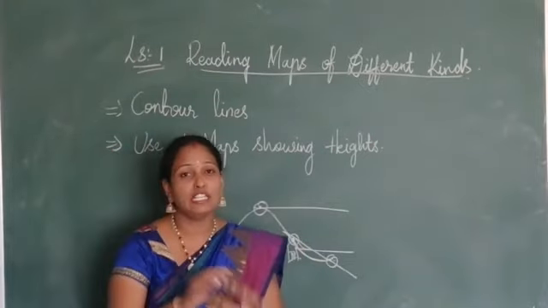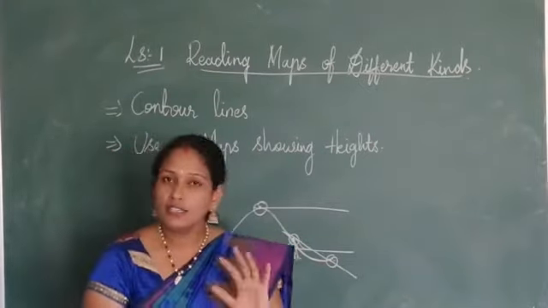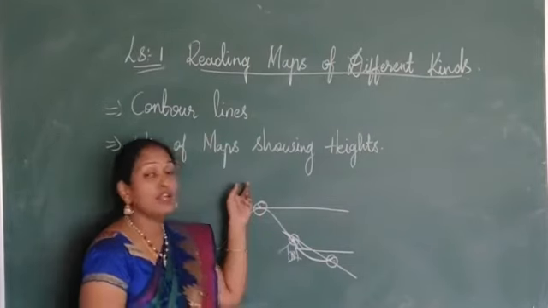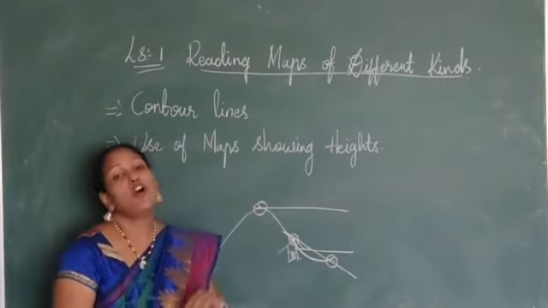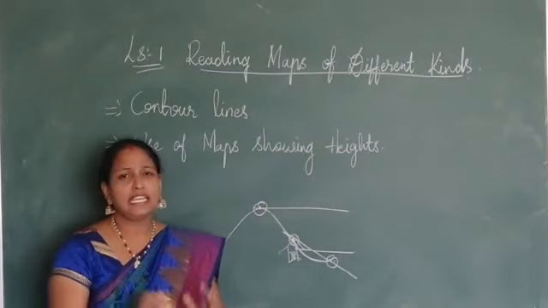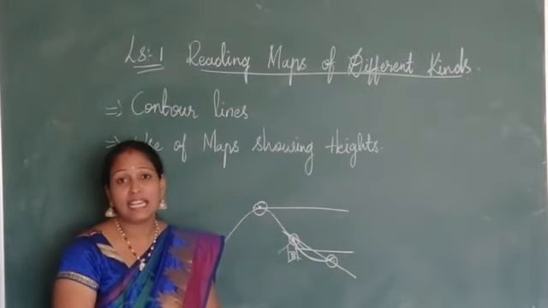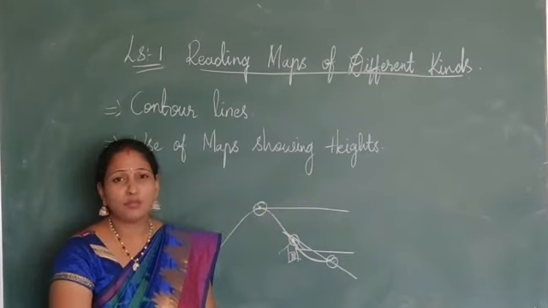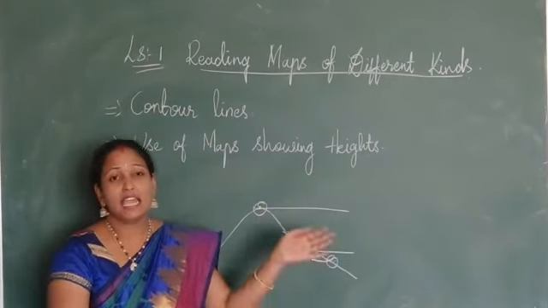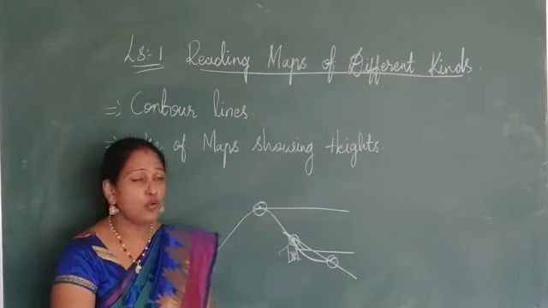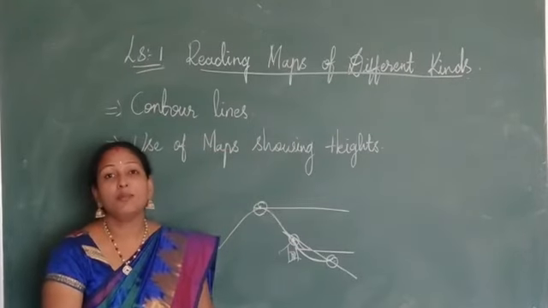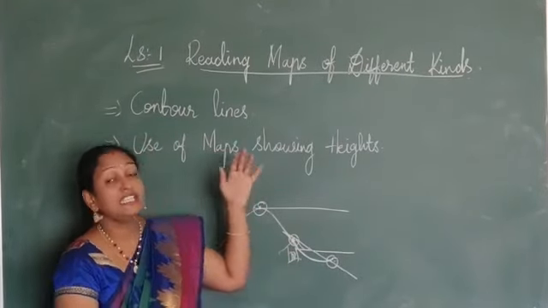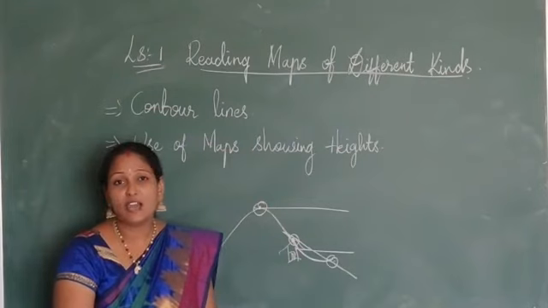For example, we will take the example of a dam. If you wanted to build a dam or a road, I will take the example of a road. I'll give a plain plan. Just I'll ask you to build a road on it. Is it possible to directly place a road on it? No. First, I'll give a sketch map of that. After observing that sketch map, you will get an idea over it.